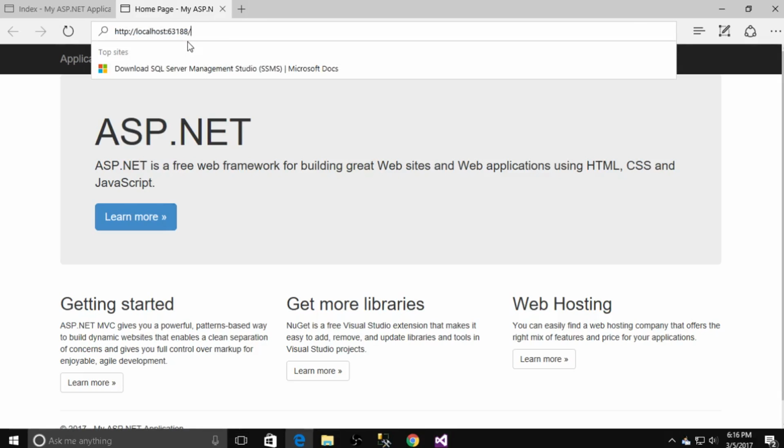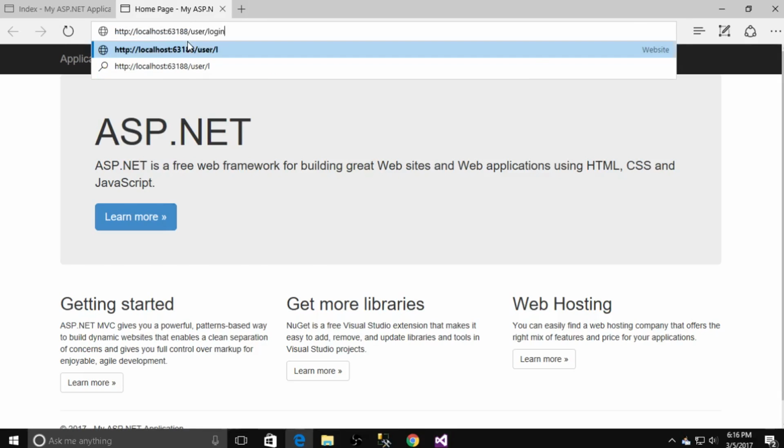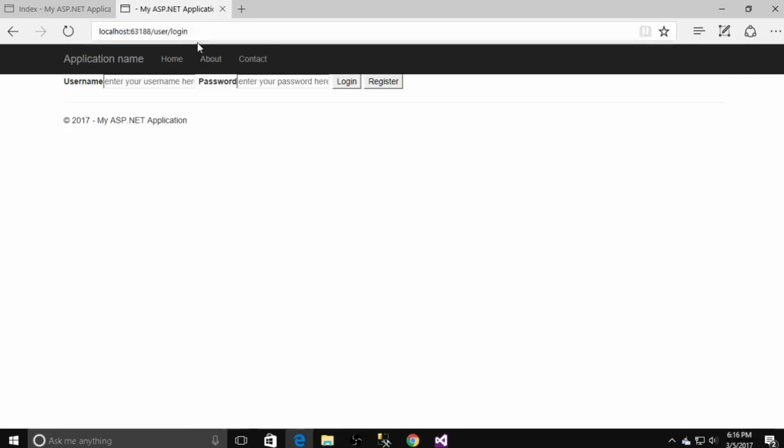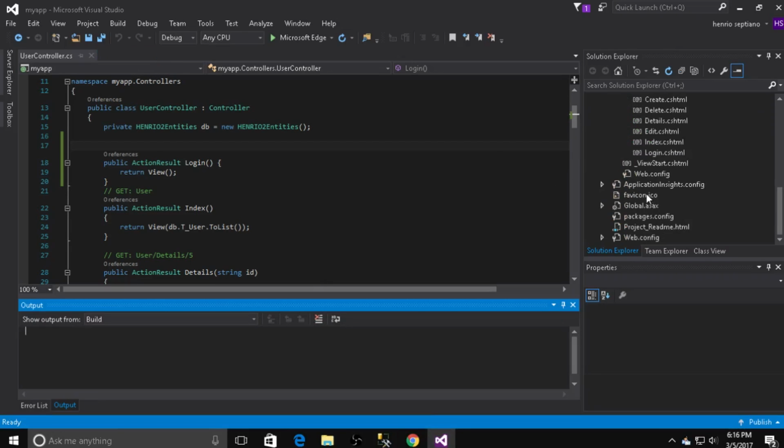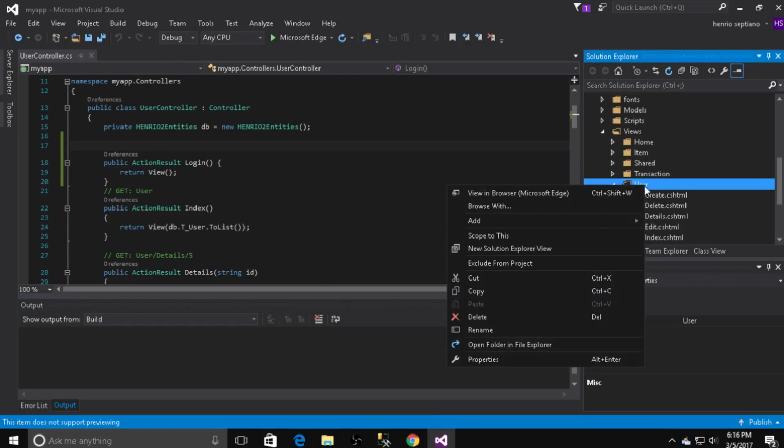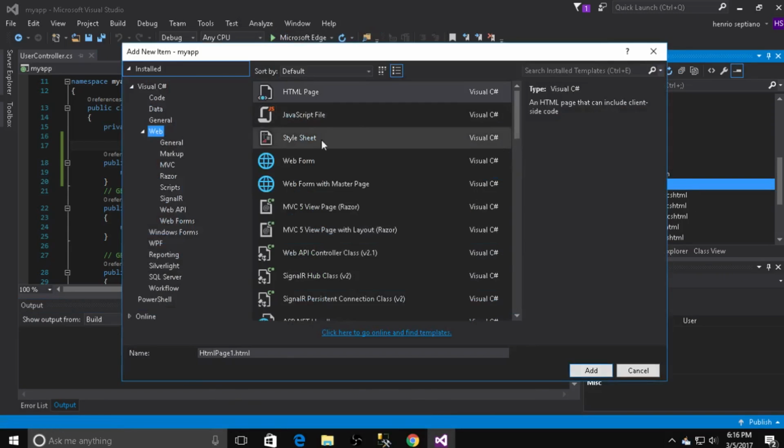Then just need to access the user login, and it's already created, but still need work to do to make it a beautiful page. And we'll make another one. Let's see. Add new item,